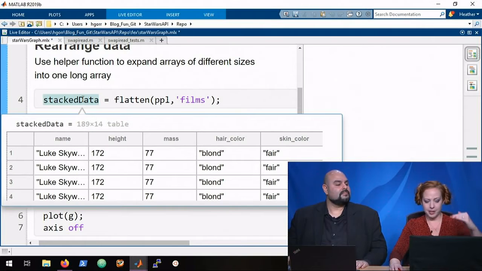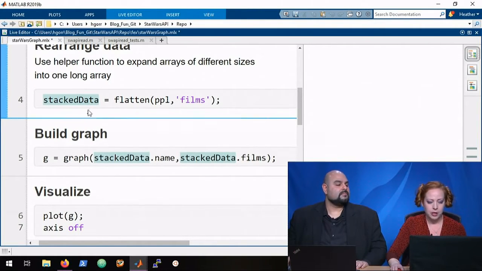So you see that it just sort of copies. It's a little bit naive, but it just copies the information so that we have the same amount of